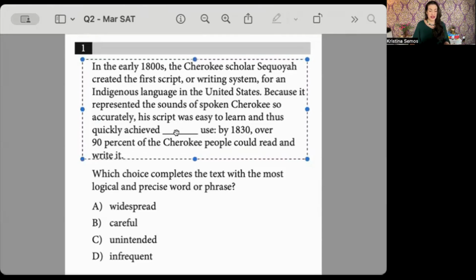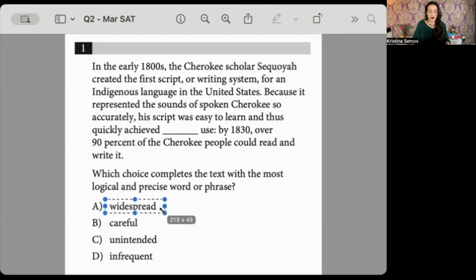So I'm probably going to say like widespread use, like everyone's using it. That's the extent that I want. Like by a certain year, almost everyone's using it. And it was so easy to learn and thus quickly achieved, right? Like easy use, everyone's using it, something like that. And I look, and literally the word widespread, the word that for me came to my mind first, that